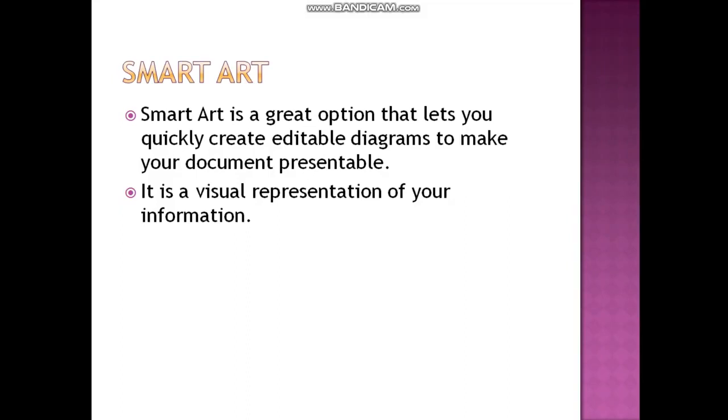Sometimes we need to show the topic using some diagrams, so smart art helps you to do so. It helps you to quickly make diagrams that are editable, means you can make changes. Edit means make changes. It also gives you a visual representation of your information. Visual means that you can see information, right?